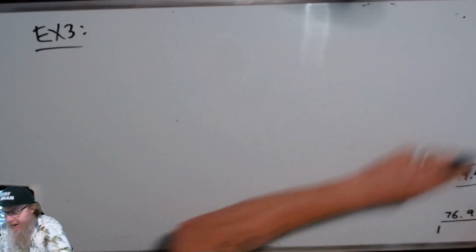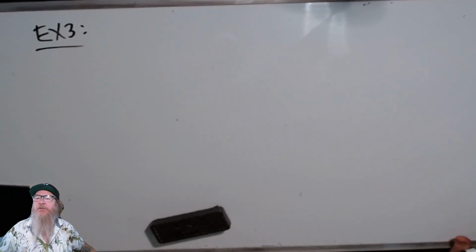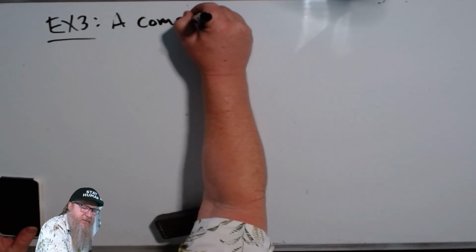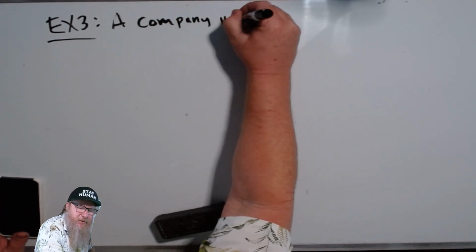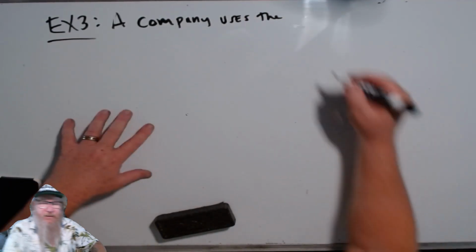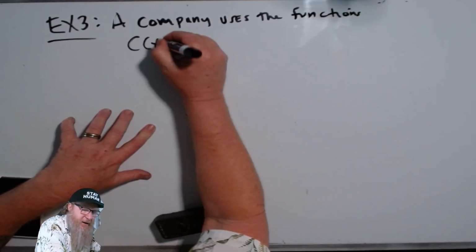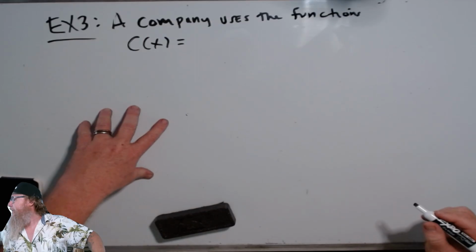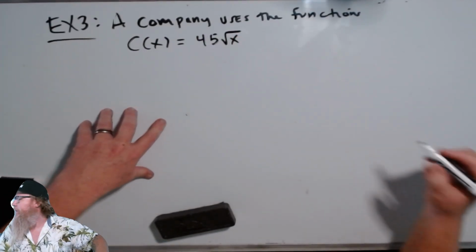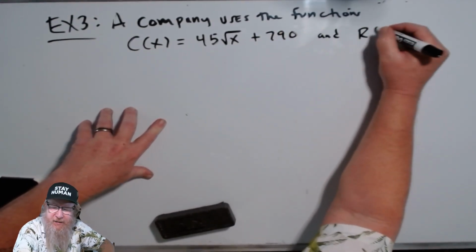I was not inspired to make a product here, so we'll just call it a product. So a company uses the functions C of X is 45 square root of X plus 790, and R of X